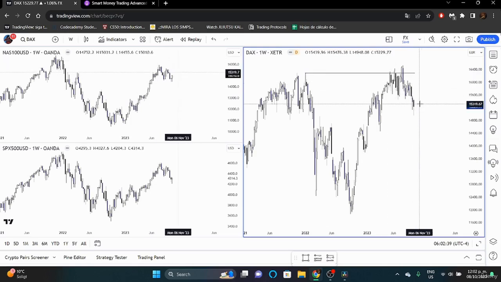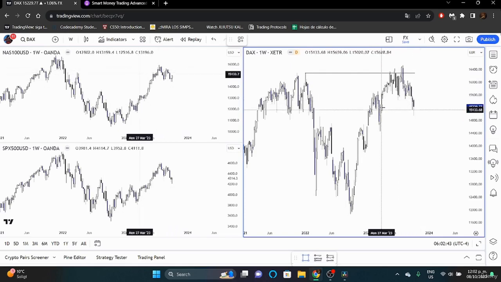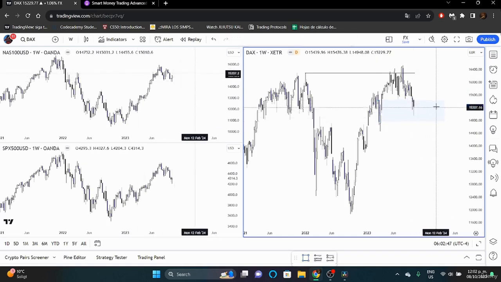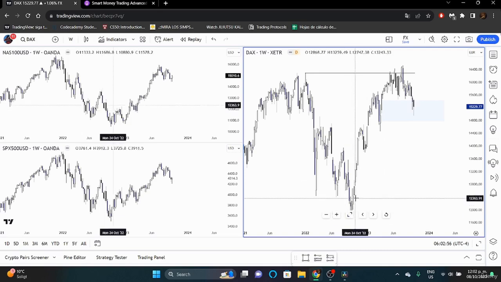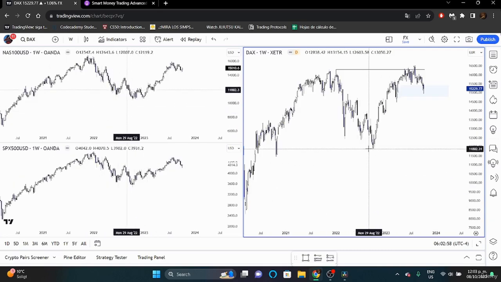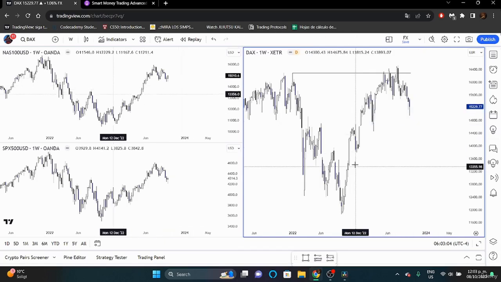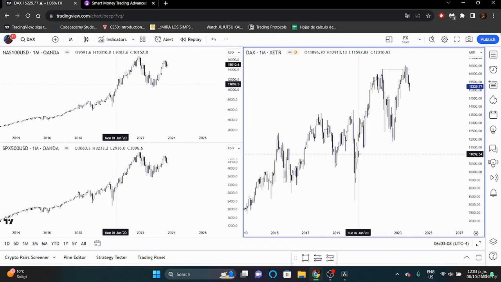What's likely to happen here? Well, we're going to accumulate where? Where did we accumulate? Right here. We're going to reaccumulate, then we're going to displace lower, reaccumulate. I'm not saying we should get all the way here. I'm not saying that, but it's likely to. Okay, at least here for the liquidity, because if we go to a monthly chart,